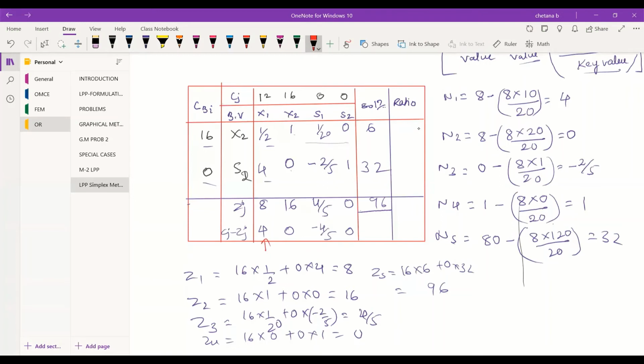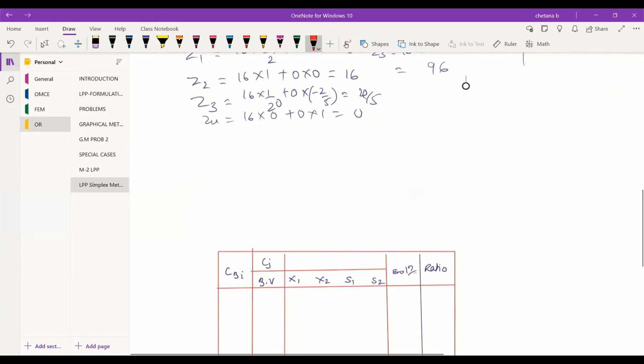So from this, the key column and key row will be how much? 6 by 1 by 2, which is 12. 32 by 4 is 8. So the key row will be x2 or S2? S2. Yes. So this is the key row. Now again repeat the same thing.